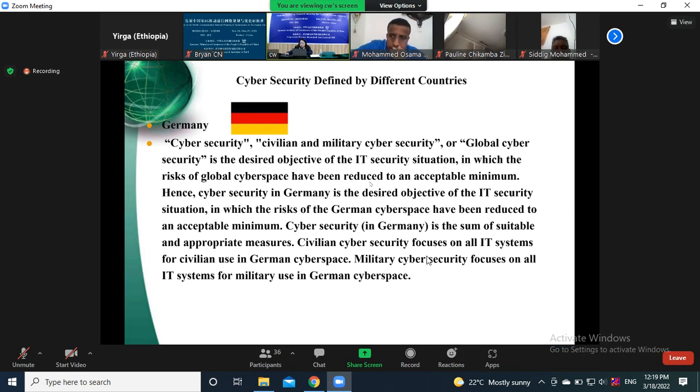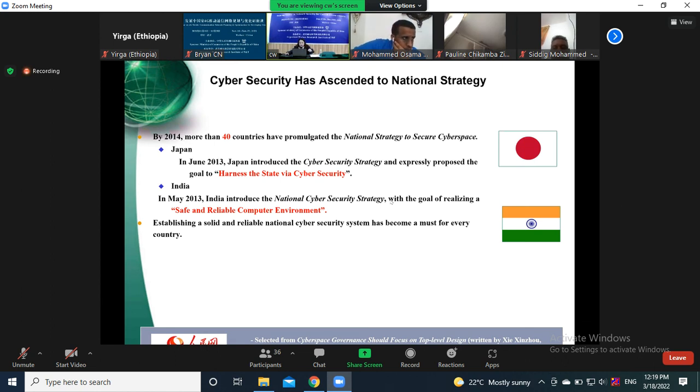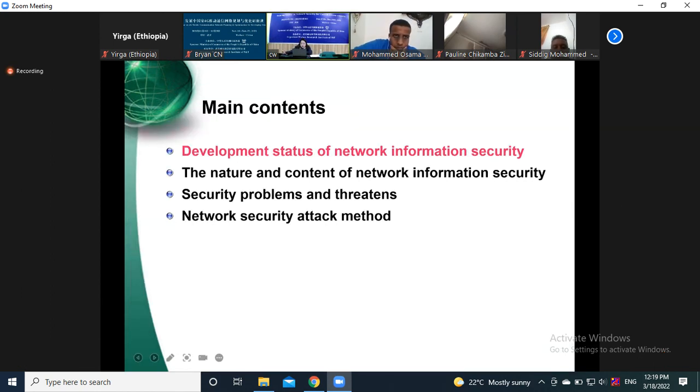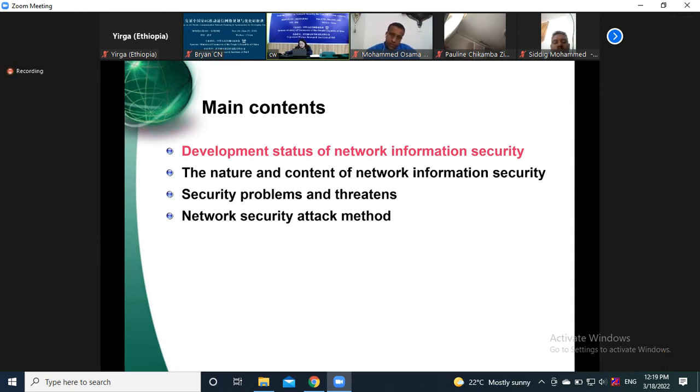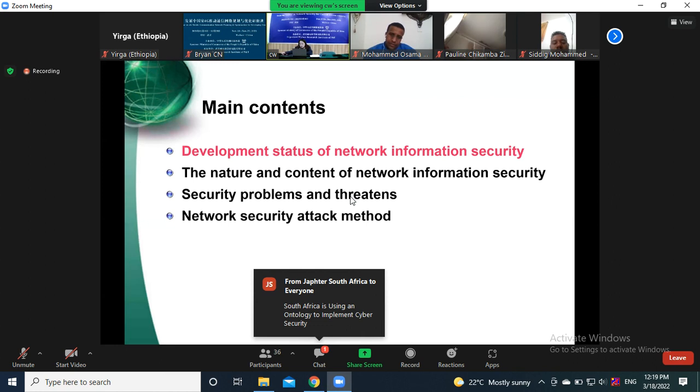Okay, in today's lectures we will show something about the development status of network information security, and next we will show different countries' national strategies and the concept of network information security. In lecture one, we will show the content of network information security. We will show some principles, and last, we will show some security technologies,